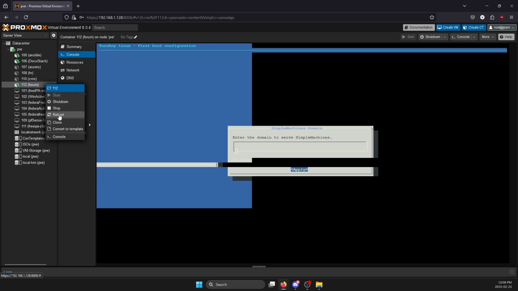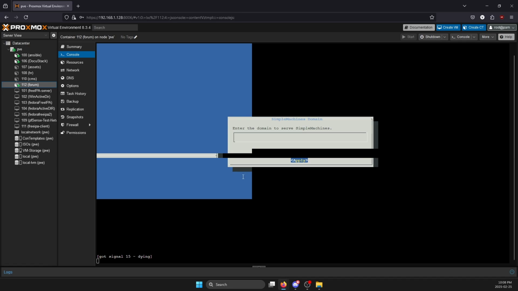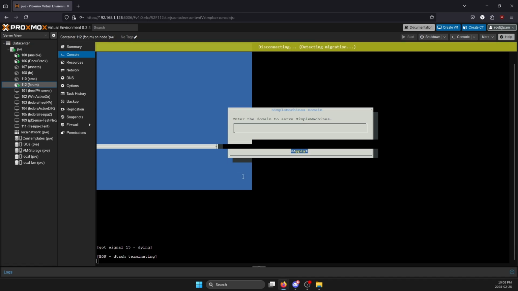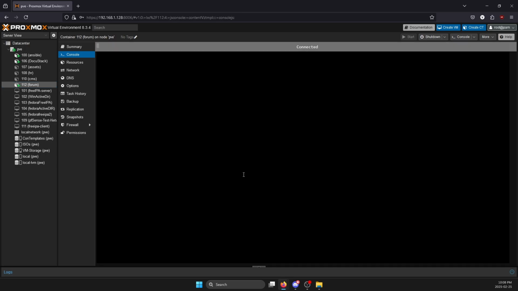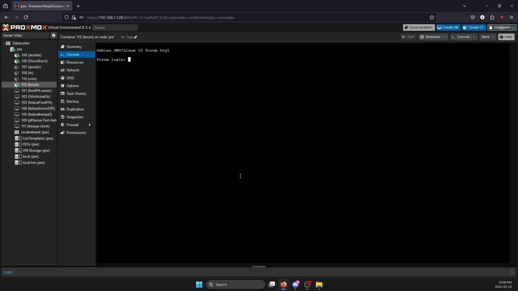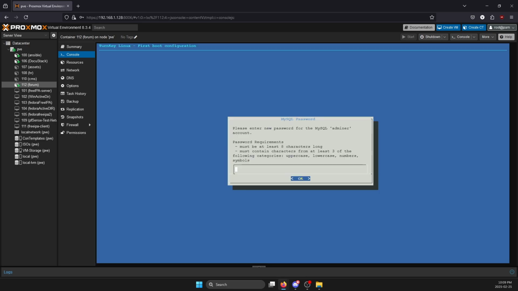Okay, so let's reboot it. Sometimes it happens. Don't worry about it. You should be able to just reboot the container and restart. Right. Root password 123. Okay, so